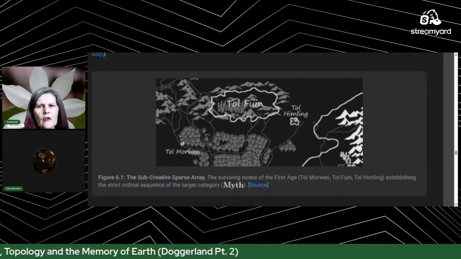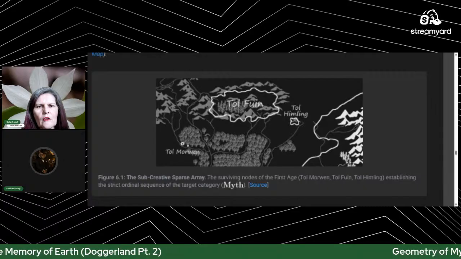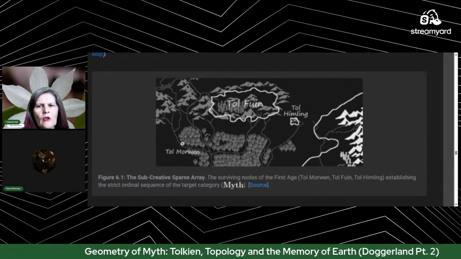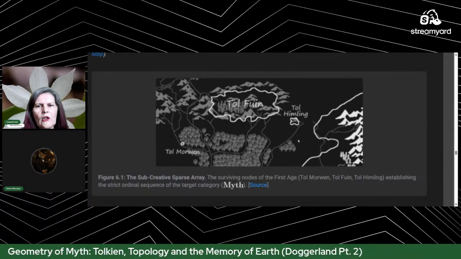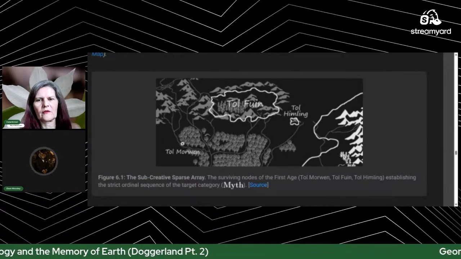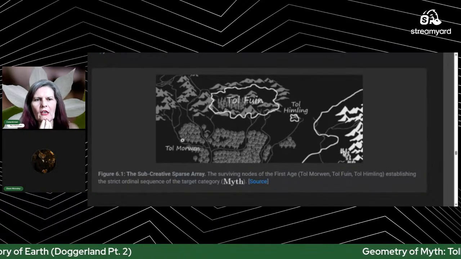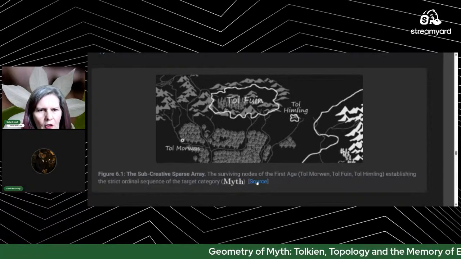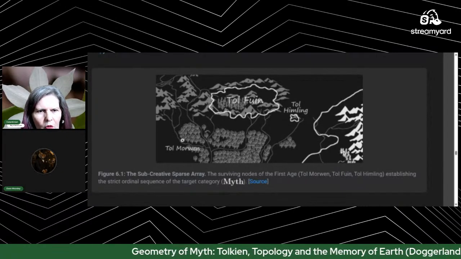At the furthest west, in other words furthest left, you have Tol Morwen. You have Tol Fuin in the center, and Tol Himling there. Those are in the first stage. These are mentioned in Tolkien sources, but again,